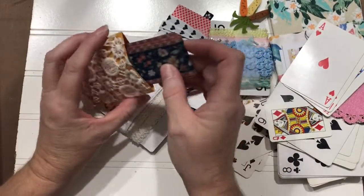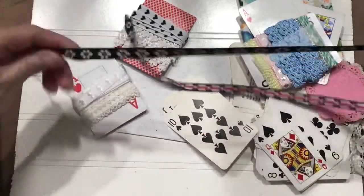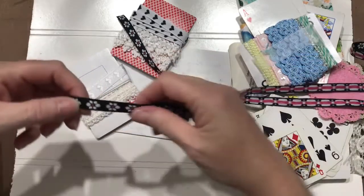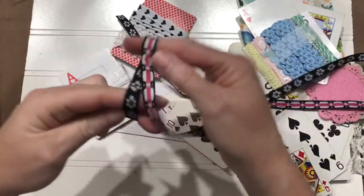Ooh, pretty. I might be able to use that in my Paris journal. Then there's this loose stuff laying around down here. It's got the black with the white daisies, and you could almost use that in reverse. That'd be pretty down the center of a